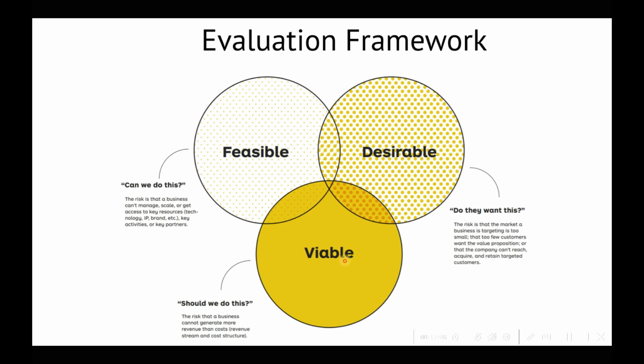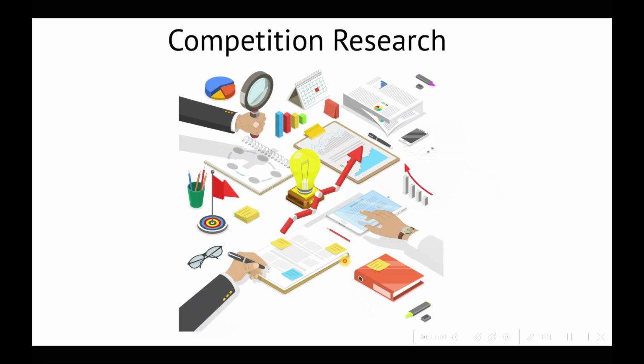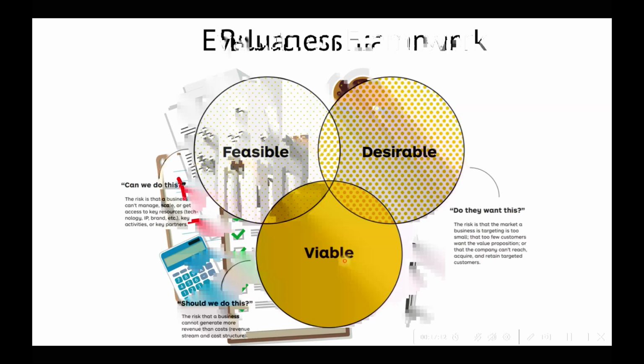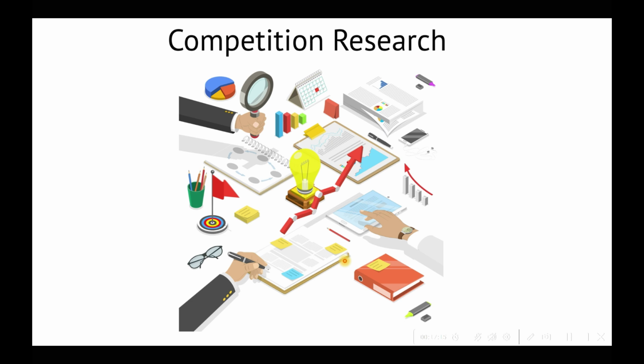We are also going to look at some other aspects. We are going to look at competition research: how to do competition research in a very simple way with the help of AI tools, and how to use AI tools to become your competition research assistant. We are going to look at that before we create the product document. Then, the business plan that we are going to focus on,